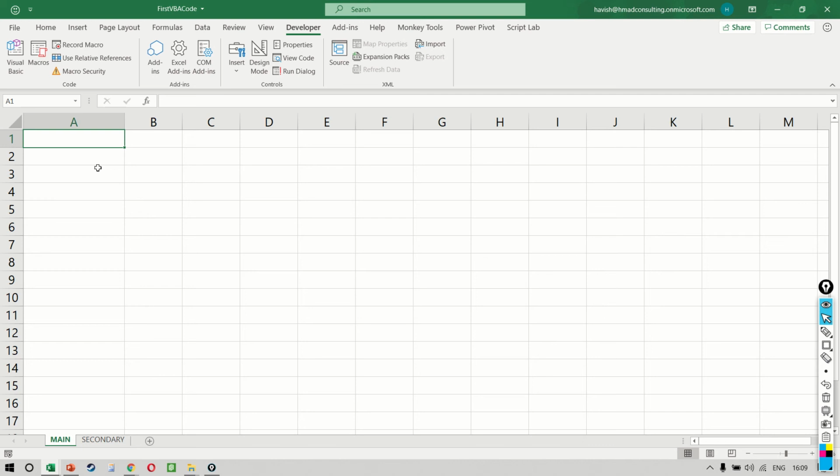So we have come to our first main example. In this example, we want to see how we can create a list of numbers, for example, 1, 2, 3, 4, 5 in A1 to A5. Now, if you wanted to do this manually, you would write 1, write 2, select both of them, and then you will have to drag it down. Now, we don't want to do this. We want all of this to happen automatically.